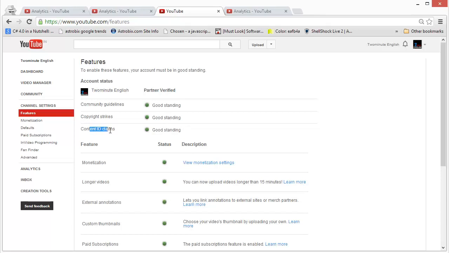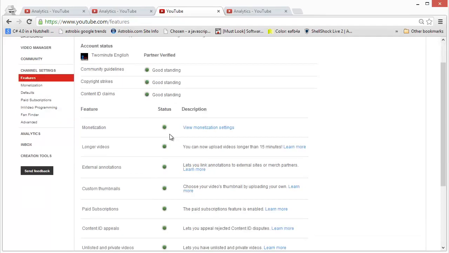Content ID claims. Now this is similar to copying. When you put some other person's content on your channel and he files a claim on it, but instead of getting it removed, he claims the video such that all the ad revenue from the video will flow to him instead of you. That is a content ID claim. If you are uploading songs or music or video clips from other shows, then this might happen to you, and again this will create a problem in your videos ranking,